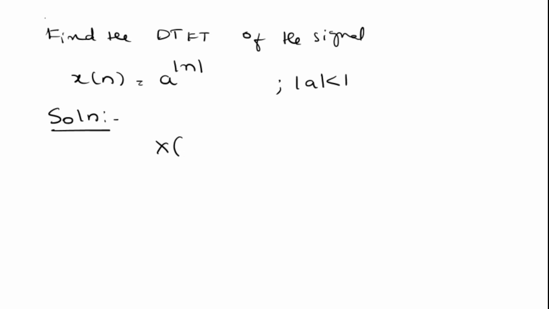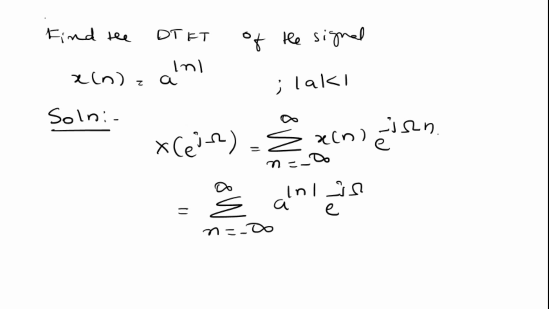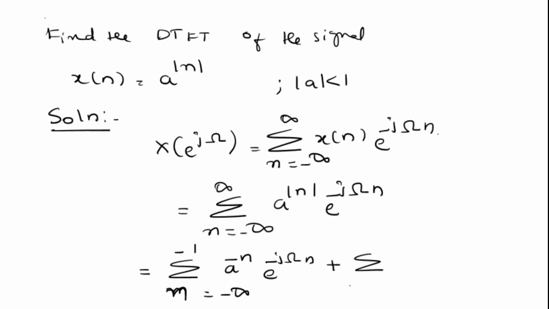We know that X of e power j omega is equal to summation n is equal to minus infinity to infinity x of n into e power minus j omega n, which is equal to summation n is equal to minus infinity to infinity a to the power mod n into e power minus j omega n, which is equal to summation n is equal to minus infinity to minus 1 a to the power minus n e power minus j omega n plus summation n is equal to 0 to infinity a to the power n into e power minus j omega n,